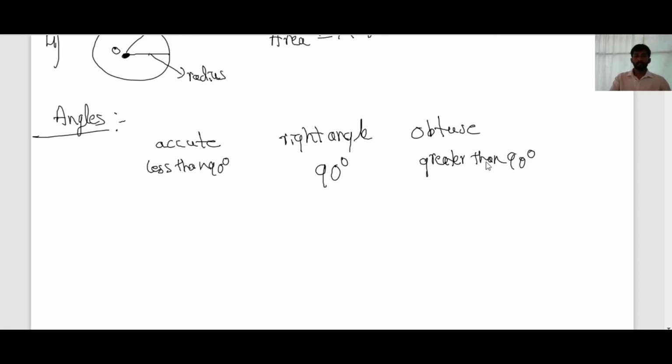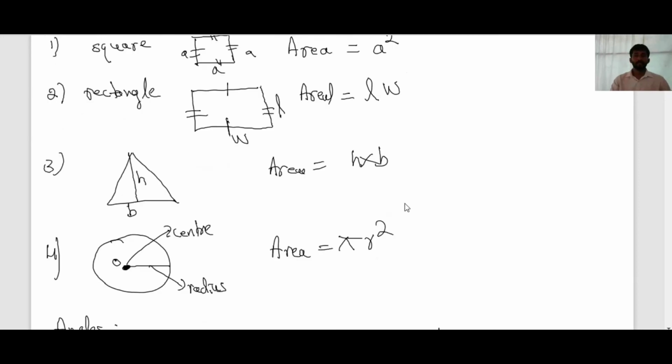90 degrees, right? If you draw the diagram, your diagram may be like this, less than 90 degrees. Okay, then right angle comes like this. Okay, 90 degrees. Greater than 90 degrees, here the greater than means like this. Okay, we call it an obtuse angle. These are some basics. Okay, again so many basics are there, but we will study them in our regular chapters.